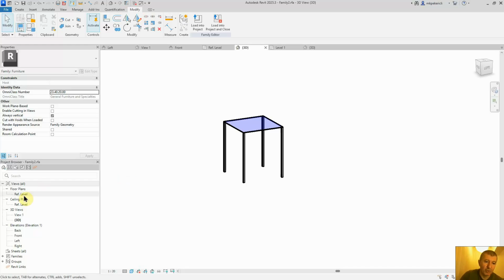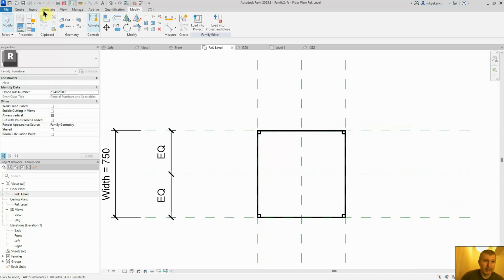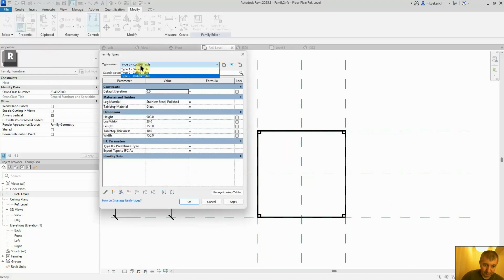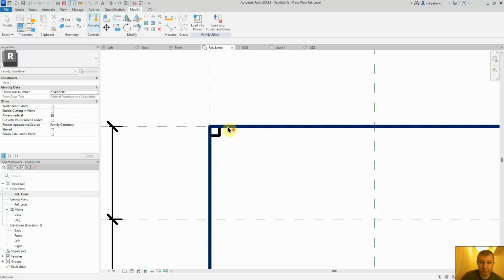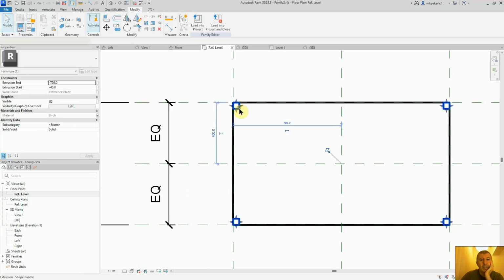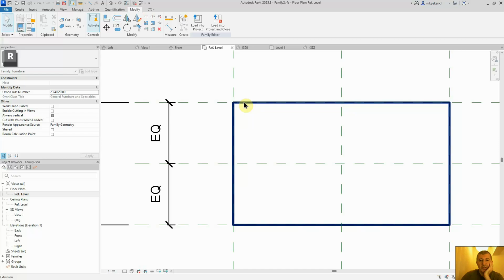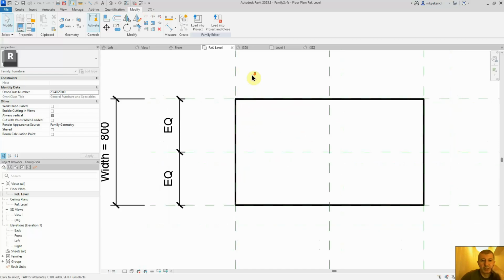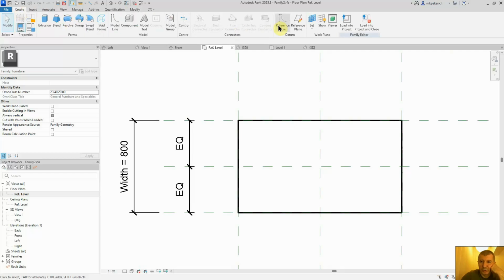If I go to reference level, and I should change to type 1, apply, okay, dinner table. Now if I click on these extrusions, okay, I'll delete them. Okay, I'll get rid of them. The top is fine, but for these extrusions, what I want to do is, let's first create